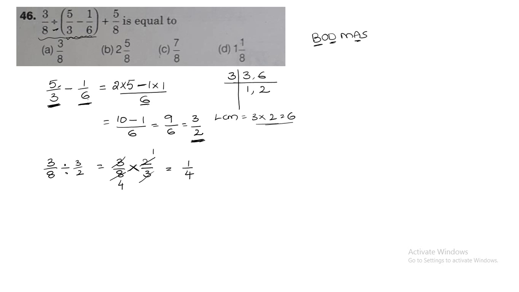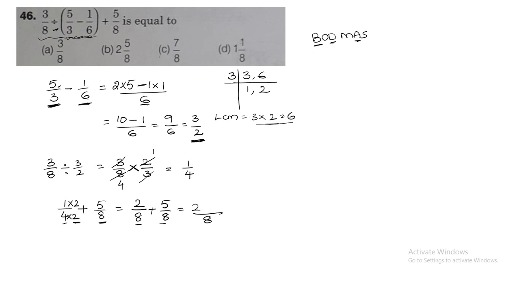Now I got the value till here. Now finally what do I need? I need the value of 1 by 4 plus 5 by 8. So again, instead of doing LCM, simply what I can say here, the denominator contains 8. So if I want to make this as 8, I can multiply with 2 and divide with 2. Then I can write as 2 by 8 plus 5 by 8. So either you can do LCM, or here we are having 4, I can make this 4 as 8 by multiplying with 2. If in the denominator you multiply, in the numerator also you need to multiply. If you observe, both the denominators are same, so directly we can add.